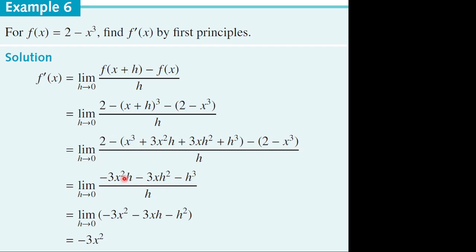On the numerator, all the terms have an h factor, and then you apply the limit when h approaches 0, and we get negative 3x squared. And that's it for the first exercise on chapter 17, and I'll see